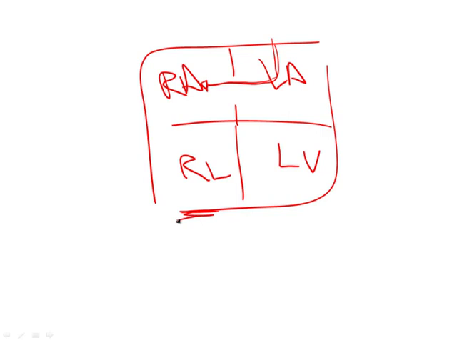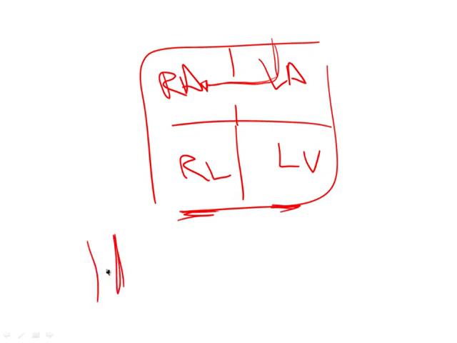Now that delayed closure of the pulmonary valve in relation to the aortic valve will result in a splitting of the S2, and of course the S2 is when the aortic and the pulmonic valve close. Another interesting finding of an atrial septal defect is that if you happen to have a DVT, for example down here,